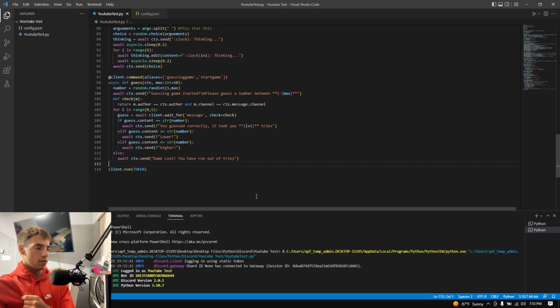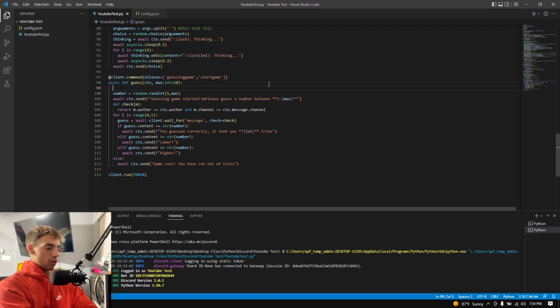I think that's all of the functionalities of this game that you can really make. Obviously, putting it into embeds and formatting it correctly would make it look better. But I don't think functionality-wise there's anything else you can do. I mean, you can add more stuff to this. Like, for example, instead of hard coding this value, you can either take it in and let the user decide how many tries they have, but I don't see why you'd want that. Or you can just hard code it in and say,